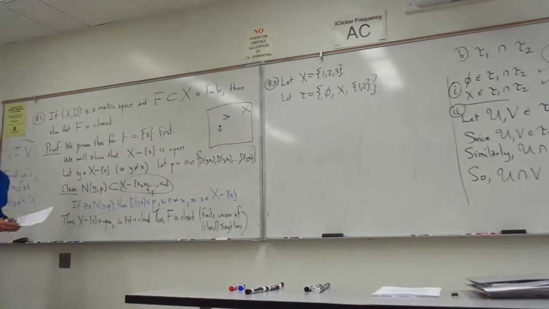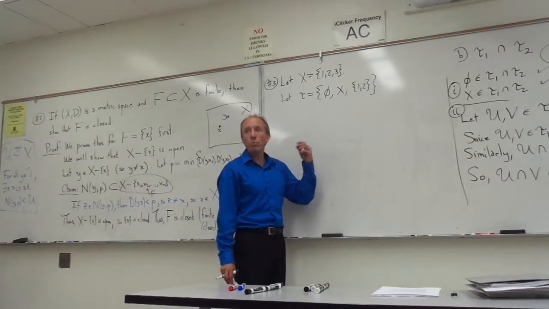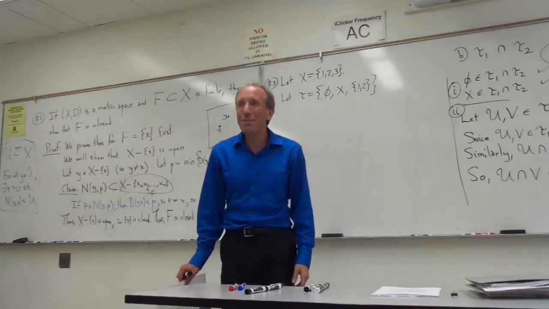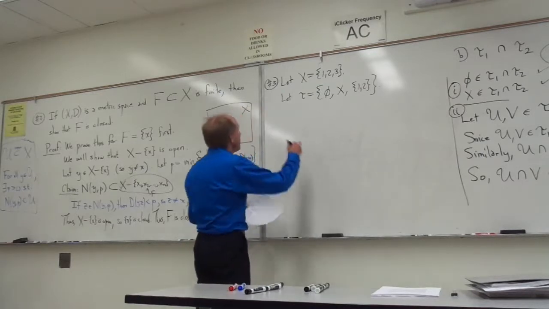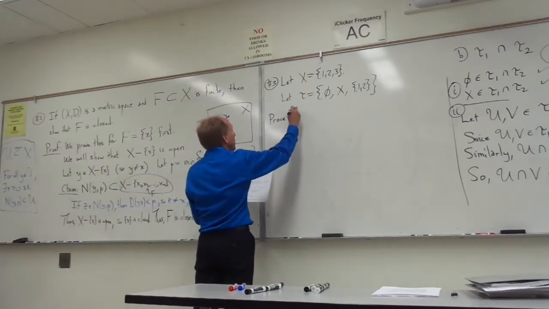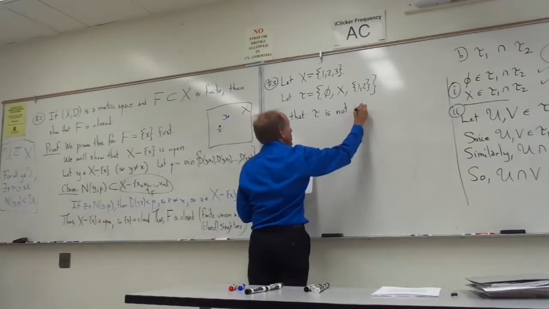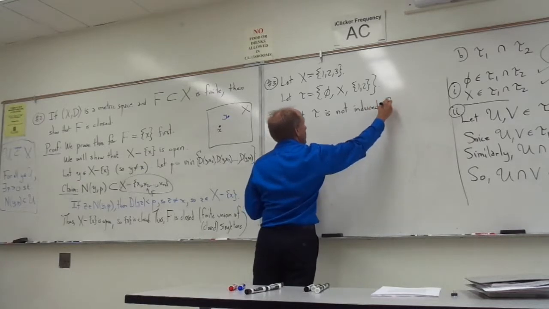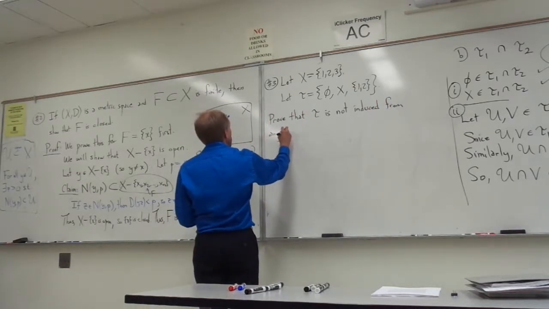Does everybody agree that that is a topology on X? That should have been one of your 29 topologies you wrote down when you did that one problem, right? Okay, here's what we're going to do. I would like to prove that tau is not induced from any metric